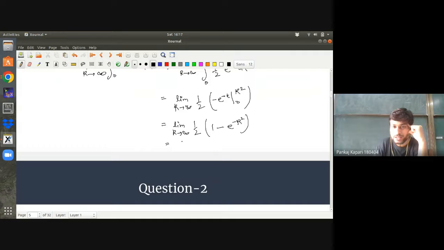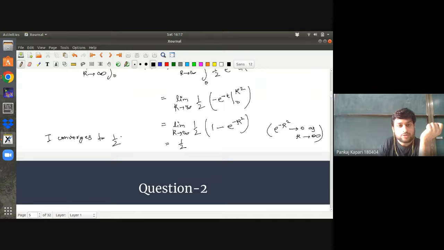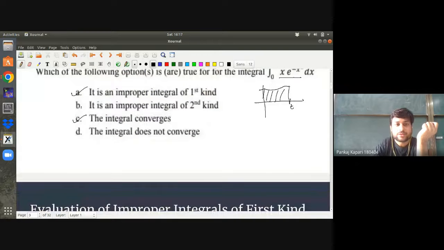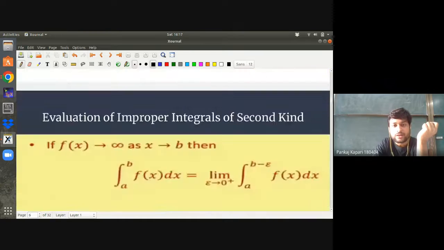So what is the answer? It's half, right? Because e to the power minus r square goes to 0 as r goes to infinity. So when you take the limit r tends to infinity, this e to the power minus r square goes to 0. Therefore, the value of the integral is half, and hence the integral converges. Okay, so I can write here I converges. So this value half. Okay, so what are the correct answers? A and C are correct. Okay, so